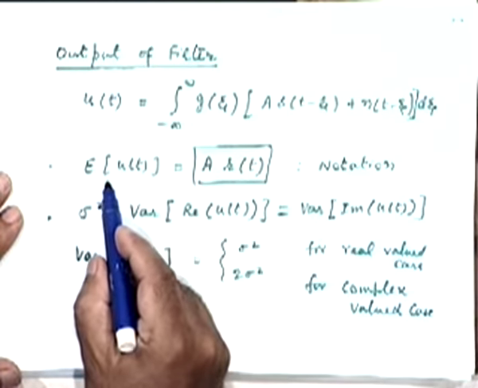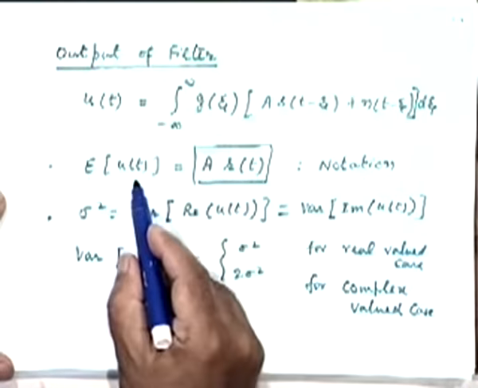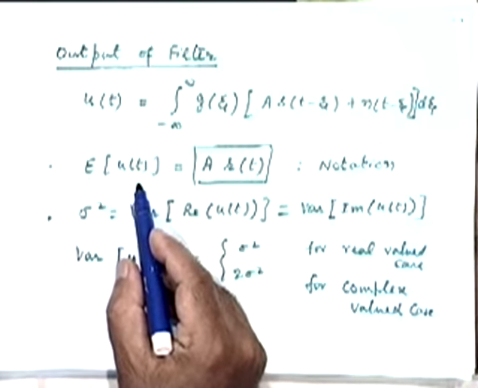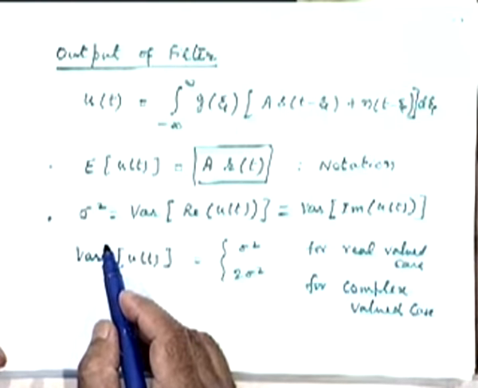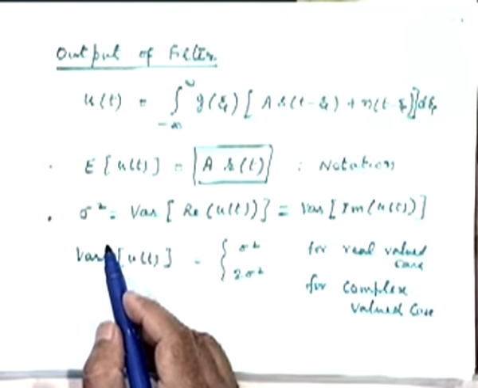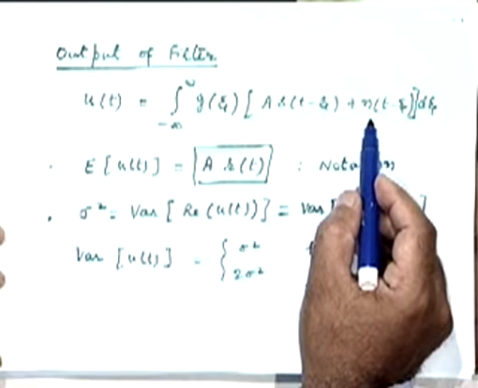So therefore, to look at the signal contribution, we look at the average value, but to see the effect of noise, we have to look at the variance of this output around the average value, right, because that is the uncertainty associated with the output value, and that will be somehow dependent on the second term, the noisy term, right.